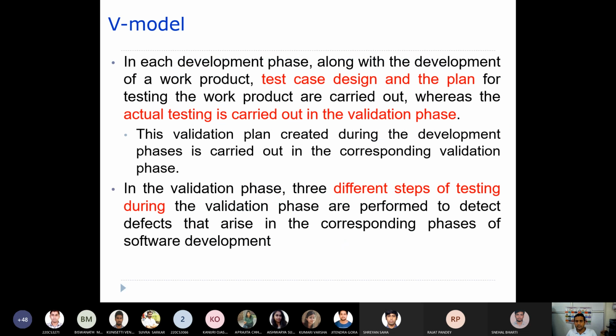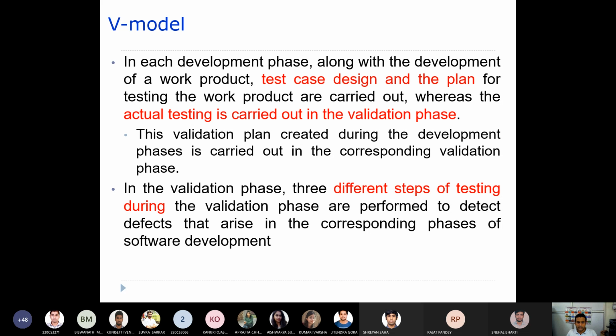In each and every development phase, the test case design and plan are carried out, but the actual testing will be carried out during the validation phase. The validation plan created during the development phase is carried out in the corresponding validation phase.